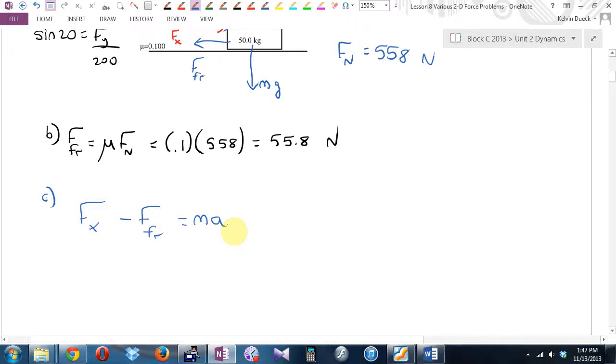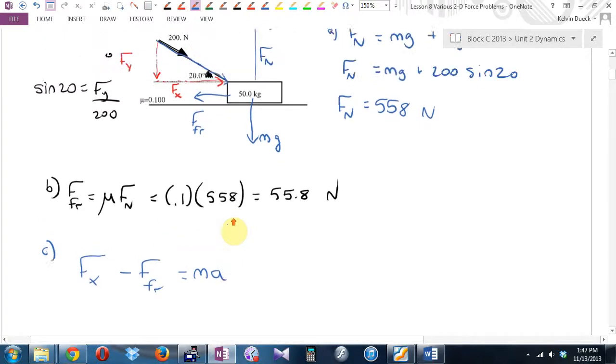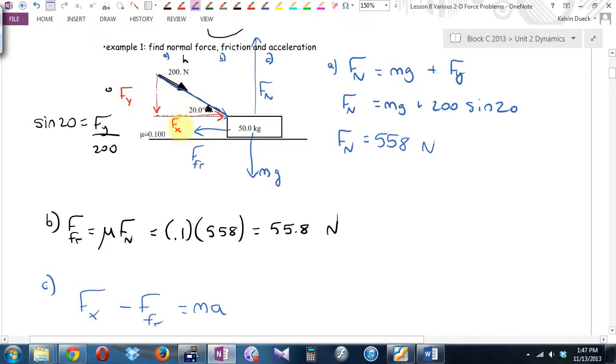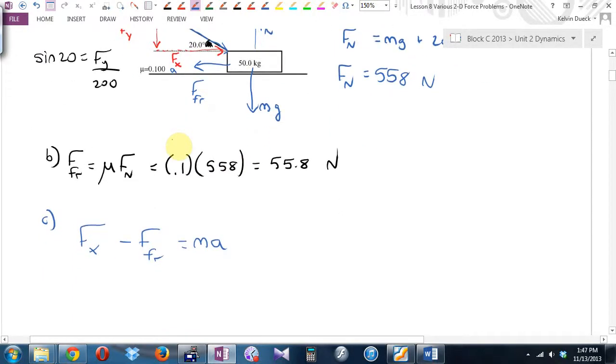Hey, if Fy was sine, what do you think Fx is? Let's just convince ourselves. Oh yeah, you know what? It is adjacent over hypotenuse, yes? Okay, so this is going to be F cos theta. I'm going to get this. 200 cos 20 minus 55.8